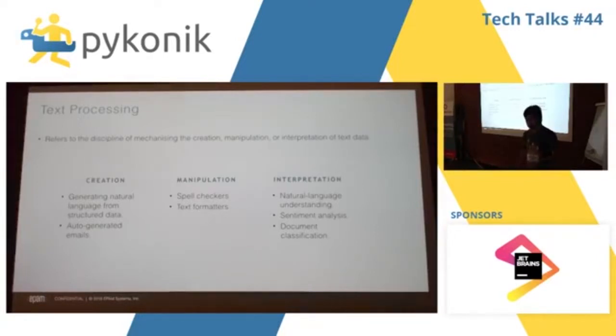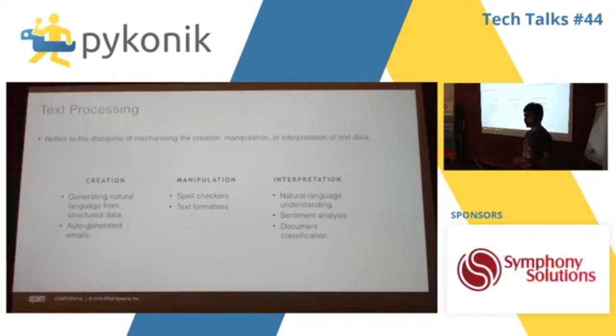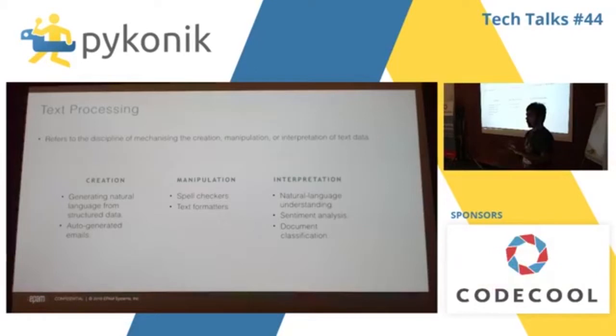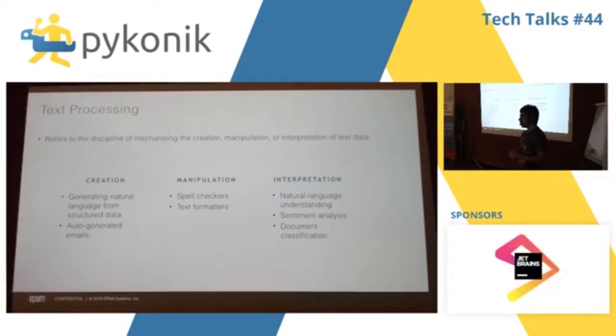And the fourth one is document classification. It's pretty much the same as sentiment analysis, actually. In document classification, you have a document which is unlabeled and you are trying to label it by machine learning or by your algorithm. Spam checking can also be an example of document classification. Whether this email is spam or not is a classification problem.